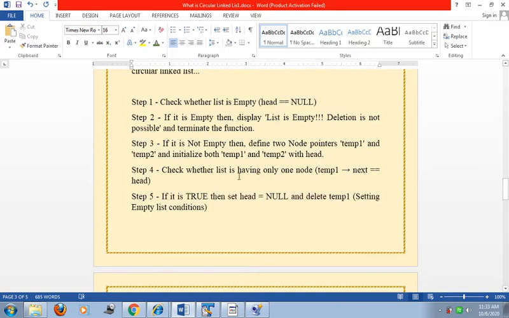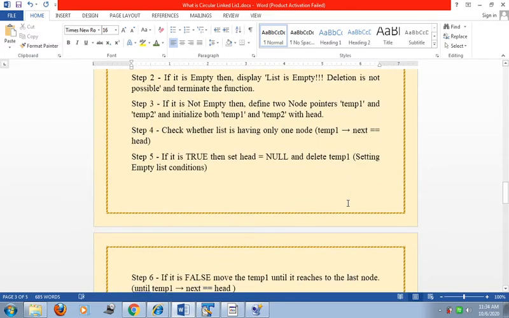So check whether the list has only one node. How can we check whether the list has only one node? If temp1 of next equals head, then we say that the list contains only one node, and if it is true, then set head equal to null, delete temp1, and set the empty list condition.